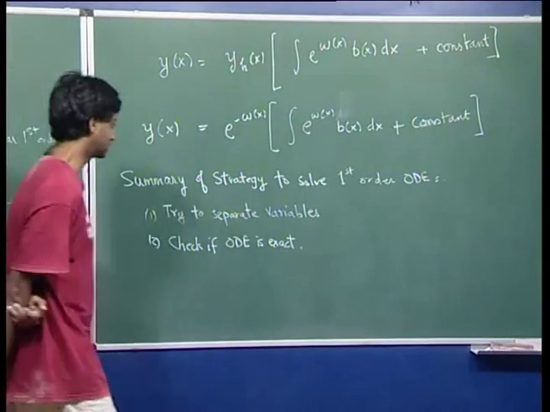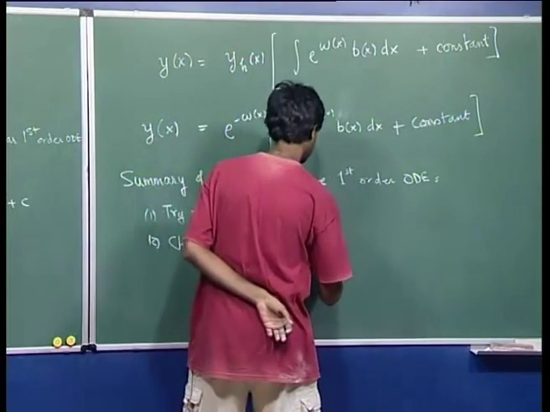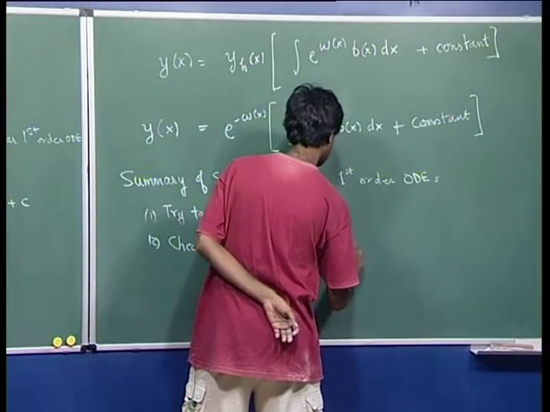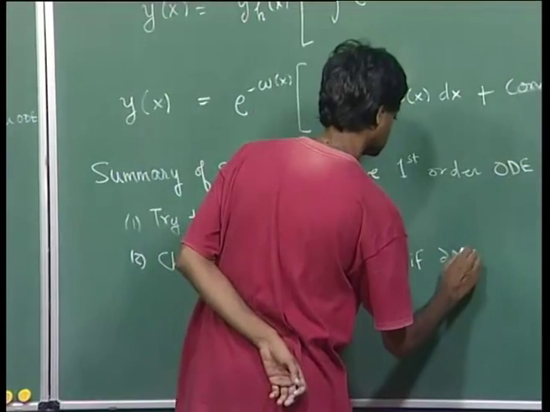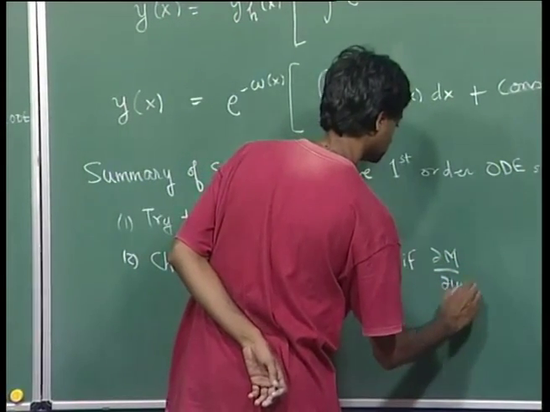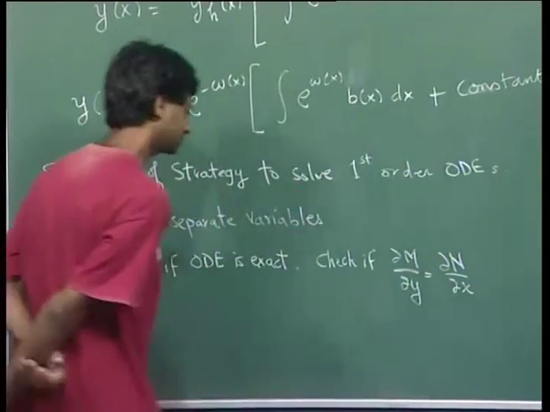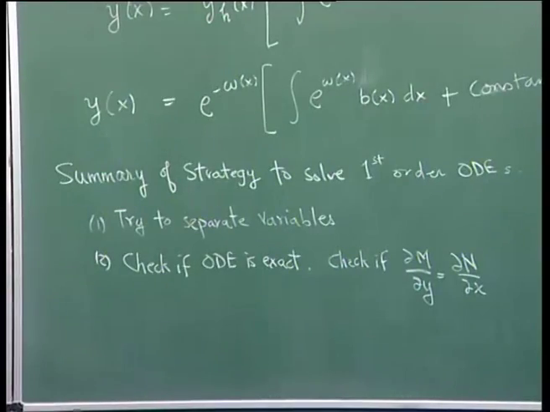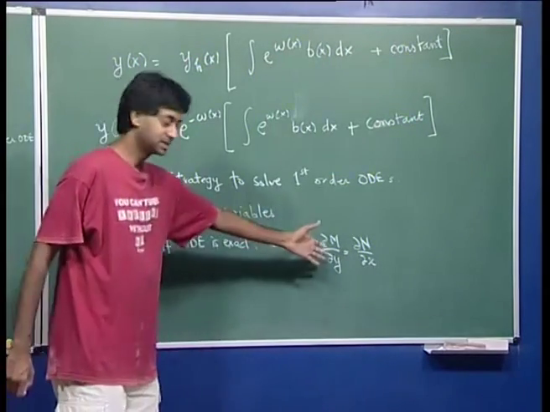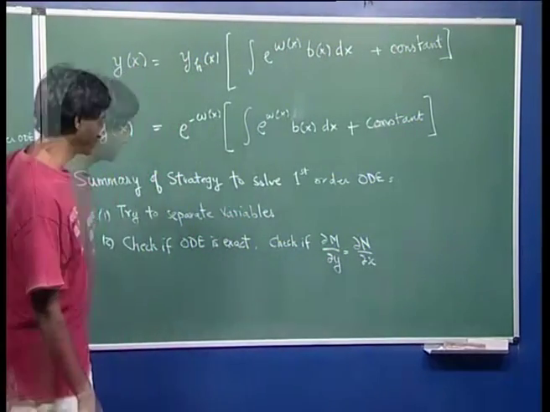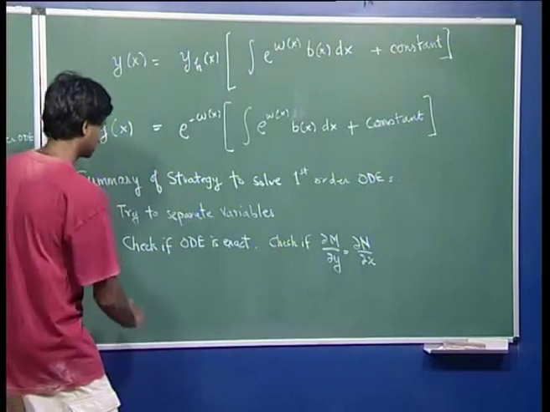In other words, check if dou m by dou y equals dou n by dou x. Okay, so if this is satisfied, then you can find the solution as